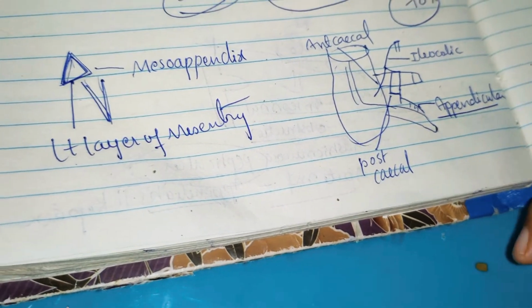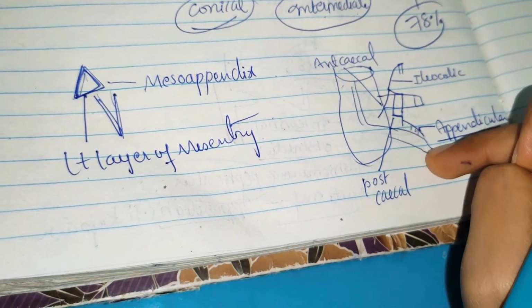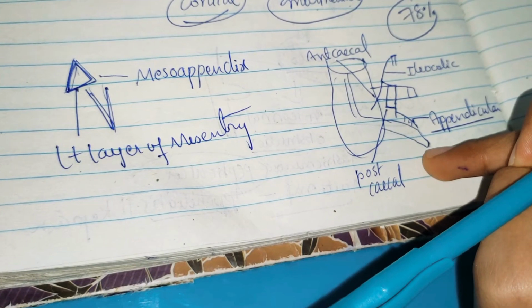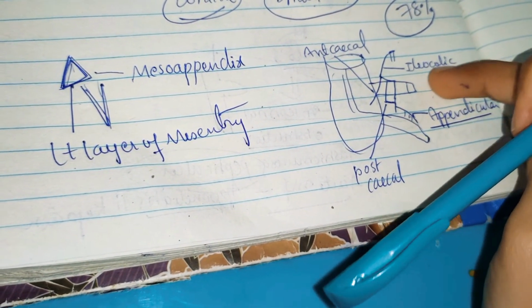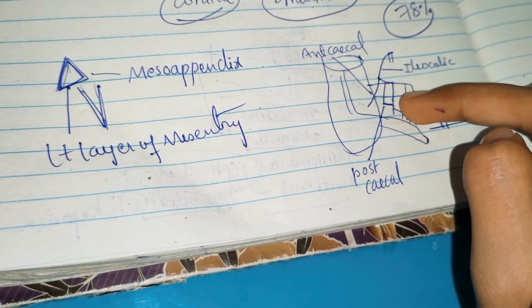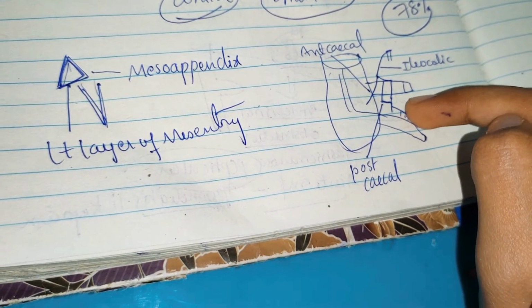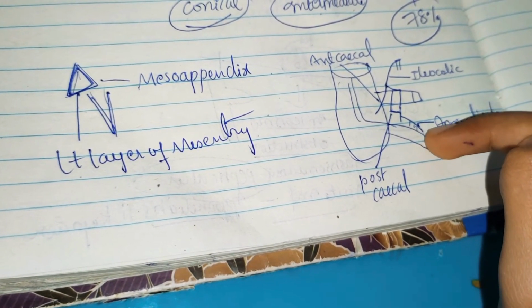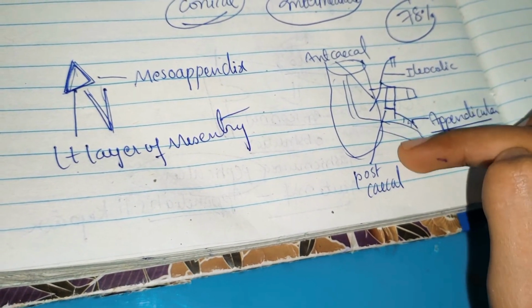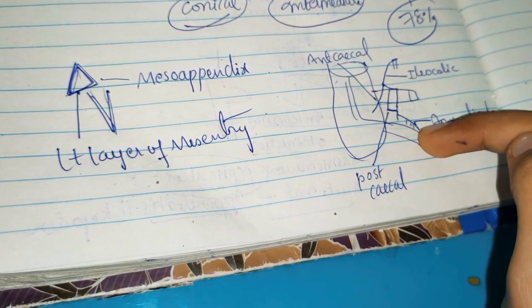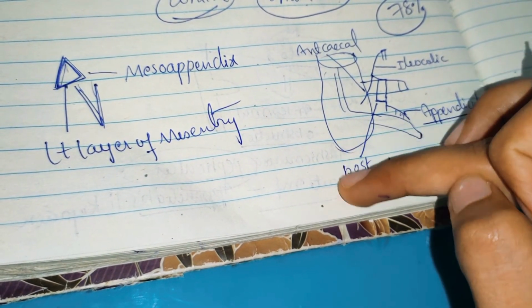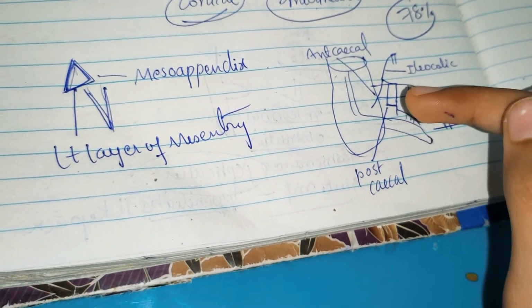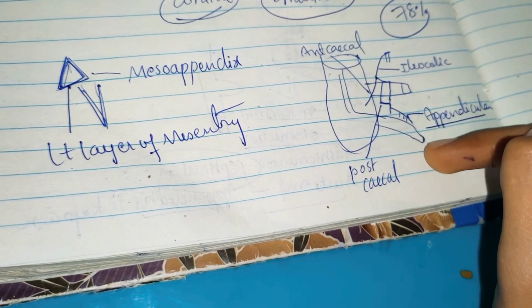Now let us see the blood supply to the appendix. It is mainly by the appendicular artery, which is a branch of the lower division of the ileocolic artery. It runs behind the terminal part of the ileum, enters the mesoappendix a short distance from the base, and gives a recurrent branch, which anastomoses with the posterior cecal artery.